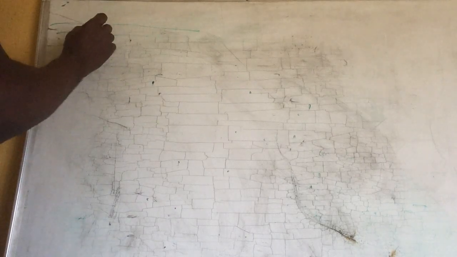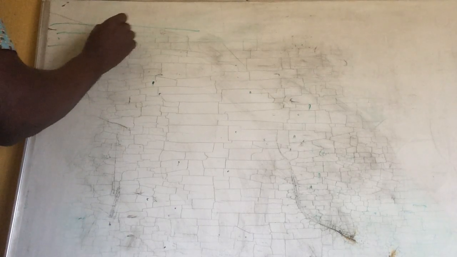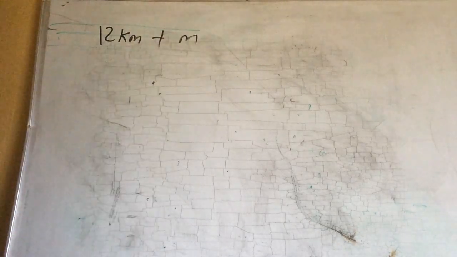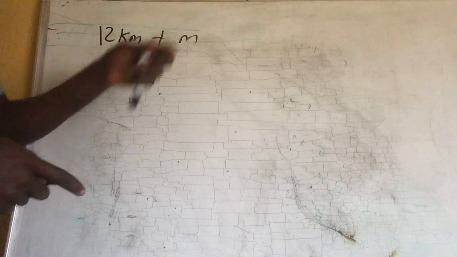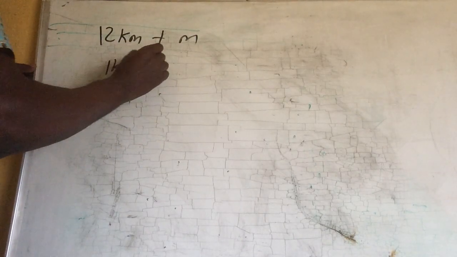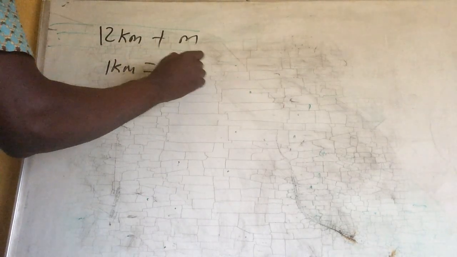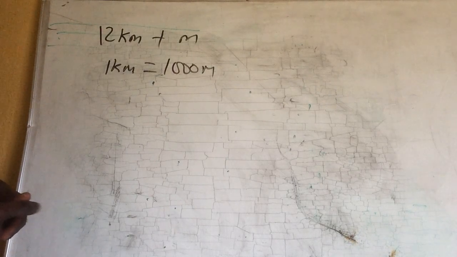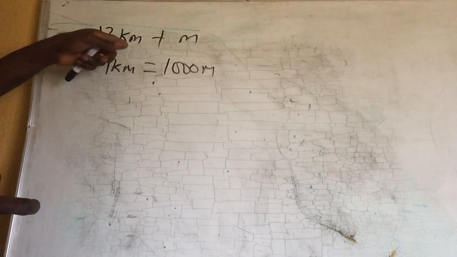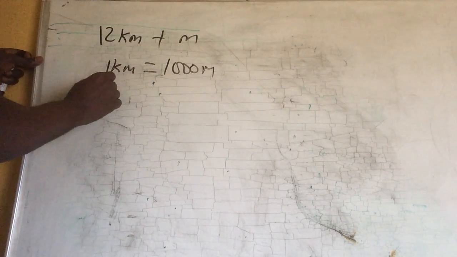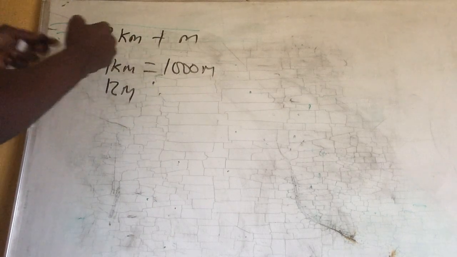Other examples may ask you to convert 12 kilometers to meters. You check the relationship between kilometer and meter, which I have given you before. 1 kilometer is the same thing as 1000 meters. Try to know this. So converting 12 kilometers to meters, you position this 12 kilometers to the side of kilometer,